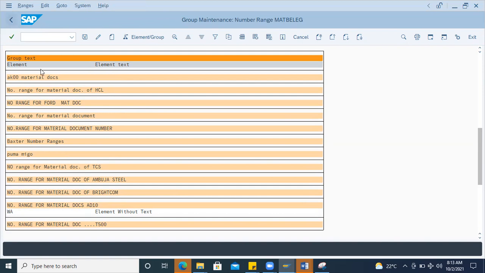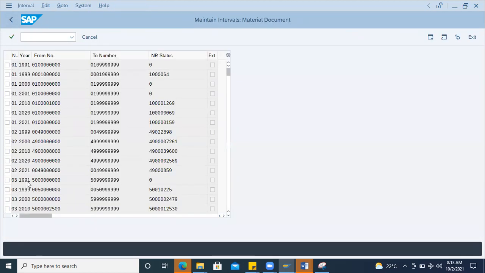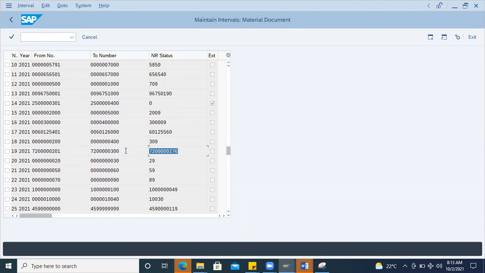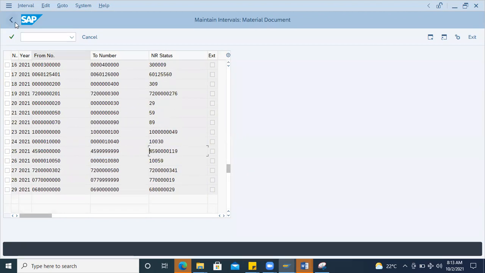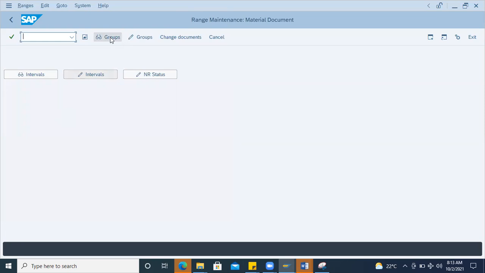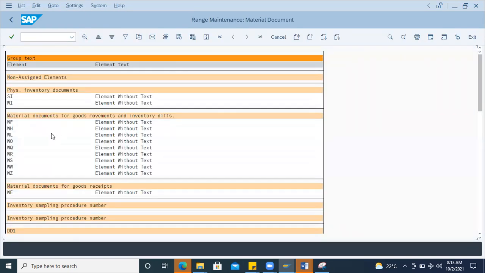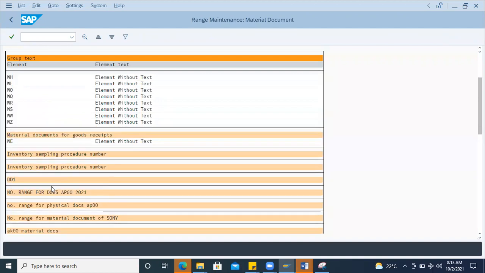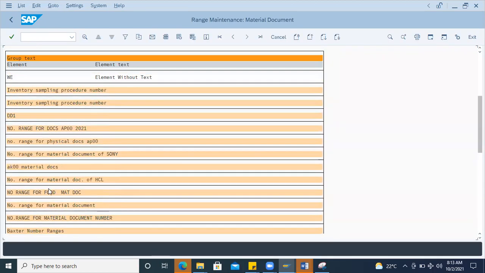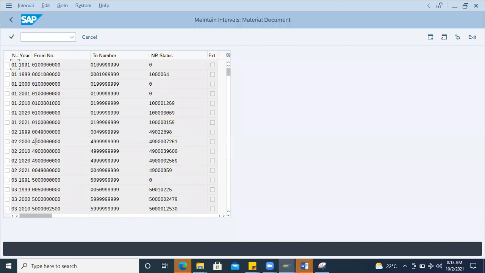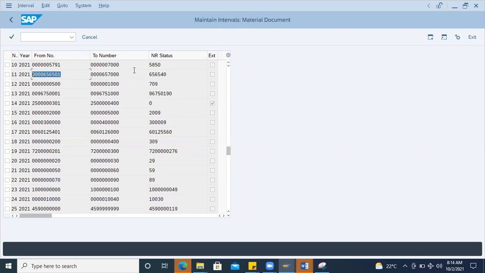I'll go back and see the intervals. 19 is good to take. Actually it's not good, because again it is going to close somewhere. I'll come back and see the groups. It is a little tedious job, because there are many groups. I'll check this one. 11 is there. First I'll see here. 11 is good to take. 11 is also not good because